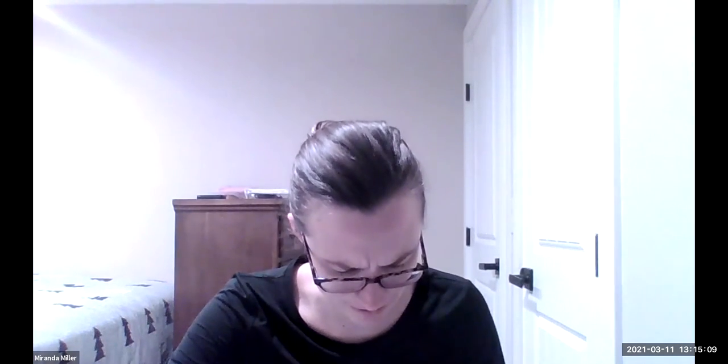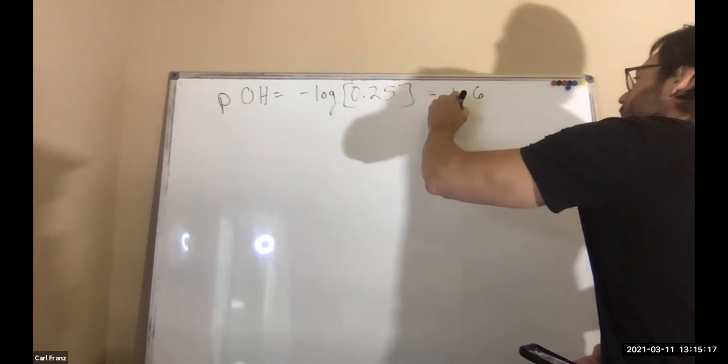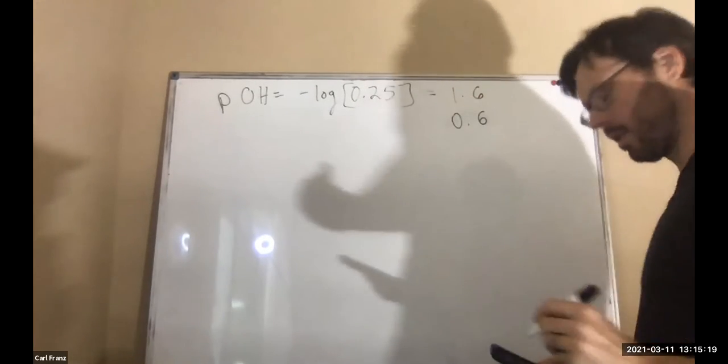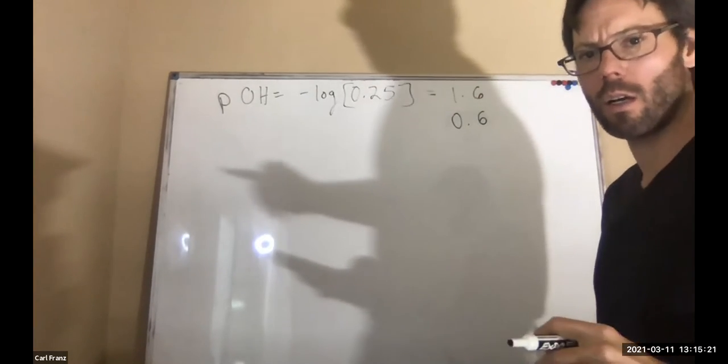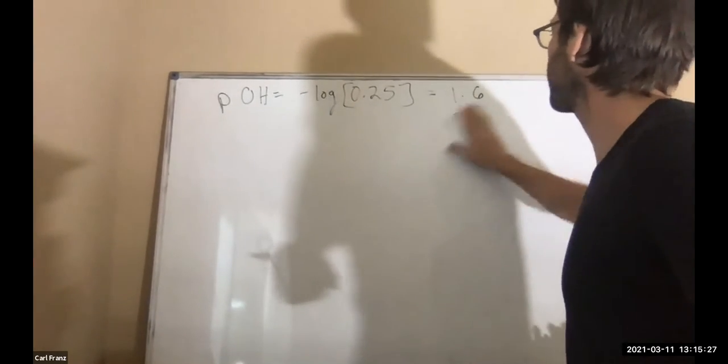Or no, hold on. Did that go in right? Sorry. I got 0.6. Okay. 1.6, 0.6. We got a tiebreaker? Yeah, that's right. It's 0.6. Okay. Thank you, guys. So it's 0.6